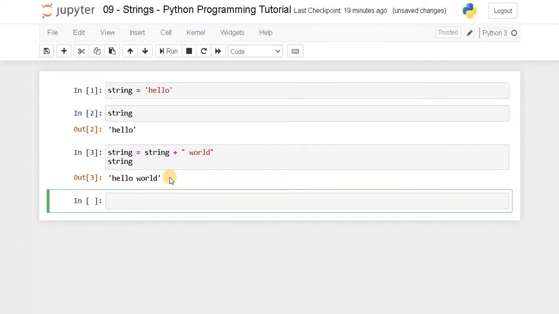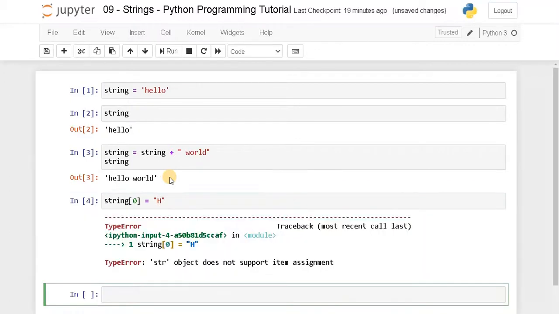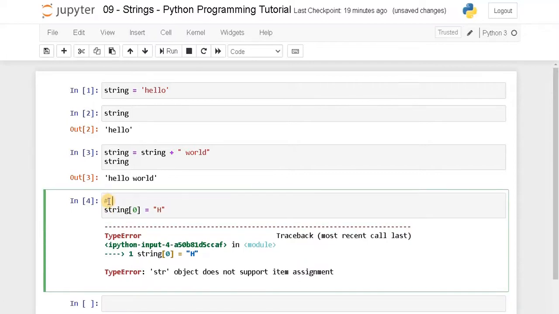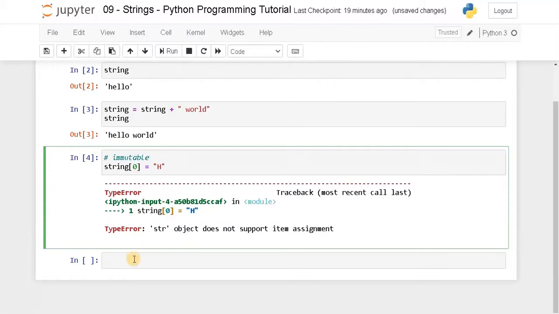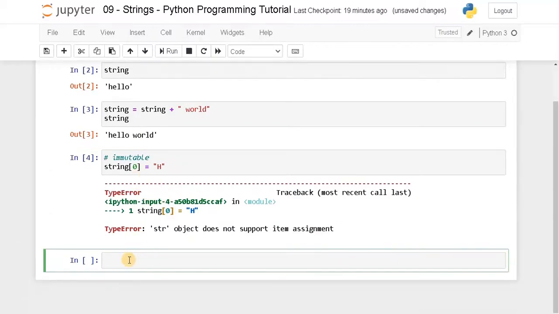Remember, in strings we cannot directly assign a value. If you try to assign a value like this, string of 0 equals capital H, it throws an error because strings are immutable. So if you want to change some letter in this word, we can use some string manipulation like this.